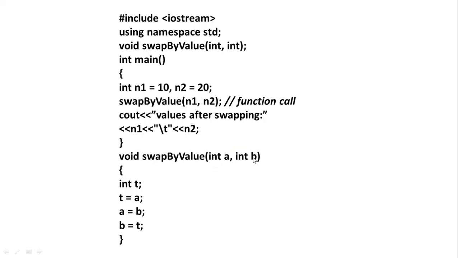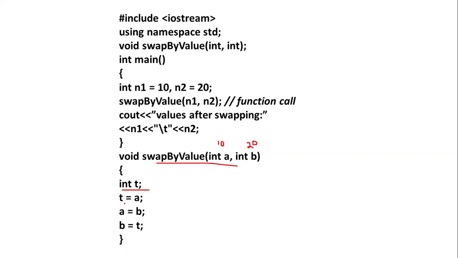When two inputs are declared, this is the swapping algorithm. Suppose we are declaring a variable t. We are declaring a variable t for this swapping. We can declare any variable, here it is t. Now the value of a will first be 10 and this 20 is copied here, so that is the call by value, right?